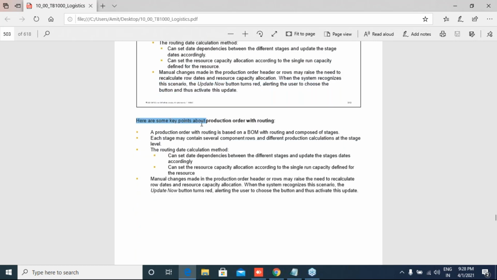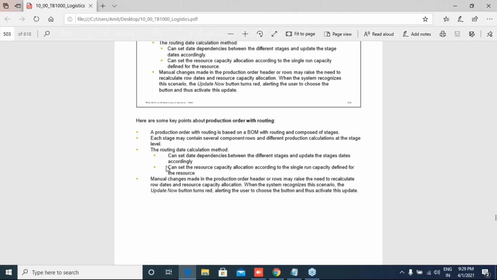Here are some keys about product order with routing. A product order with routing is based on BOM with routing and composed of stages. Each stage may contain several component rows and different production calculation at the stage level. The routing date calculation method basically can set date dependencies between the different stages and update the stage's date accordingly.